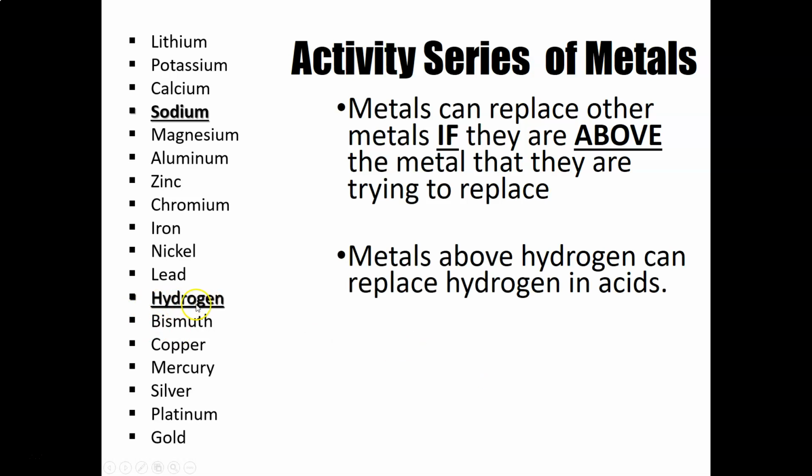If you look here, hydrogen is highlighted. Anything that's above hydrogen can replace it in an acid. So if you have hydrochloric acid, lead can replace that hydrogen, making lead chloride. You could get nickel chloride, iron chloride, chromium chloride, etc. But you're not going to be able to have bismuth kick out that hydrogen. Bismuth is just not going to react. So you're not going to get bismuth chloride, right? So you have to use this chart to see whether something is strong enough to replace a hydrogen